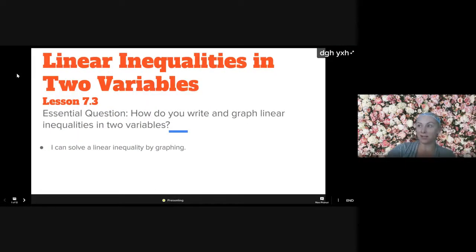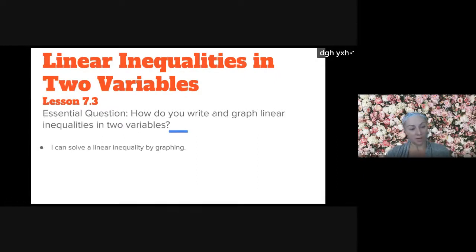Linear inequalities in two variables. And we've learned about linear inequalities before, but in one variable. So if you remember earlier in this unit, we were solving linear inequalities with one variable, where it's just like